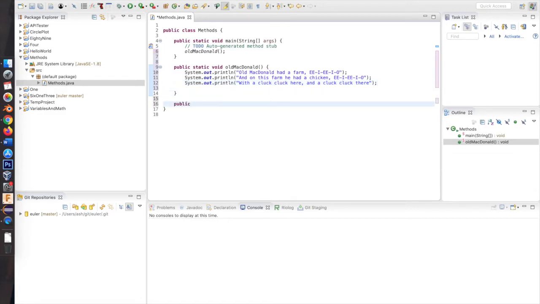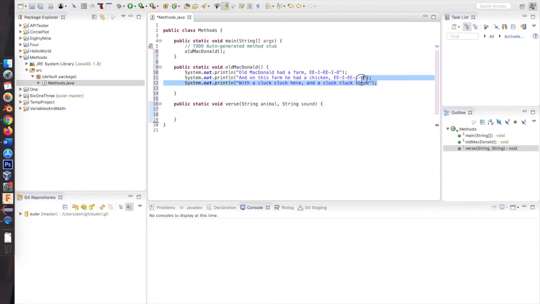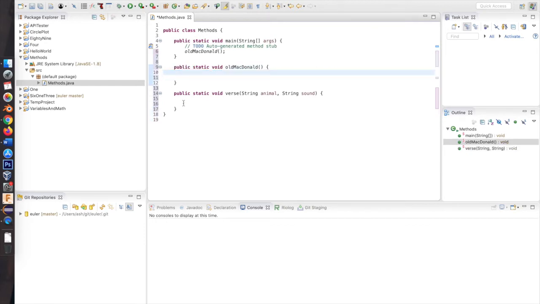So what I'd rather do is create another method which will sing each individual verse, and into each verse I'm going to take two arguments. Arguments are the information we're passing on to this new method. I have to define what they are, so they're going to be string types, both of them. The first string is going to be the animal, and the second string is going to be the sound that this animal makes. Now, rather than retyping it, I am just going to cut and paste here,